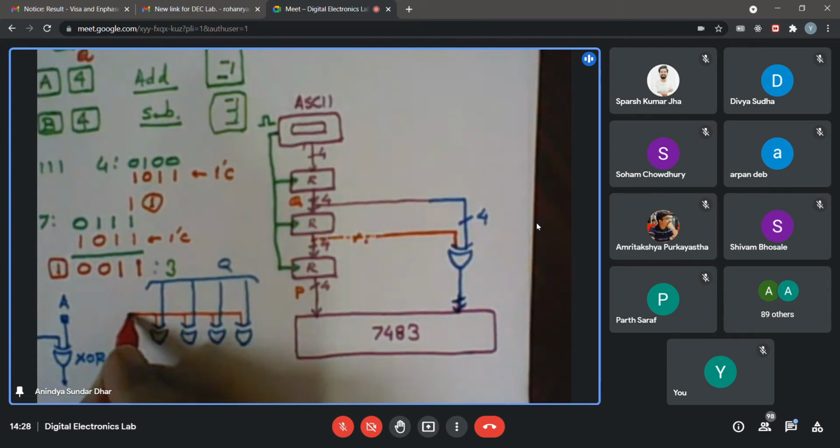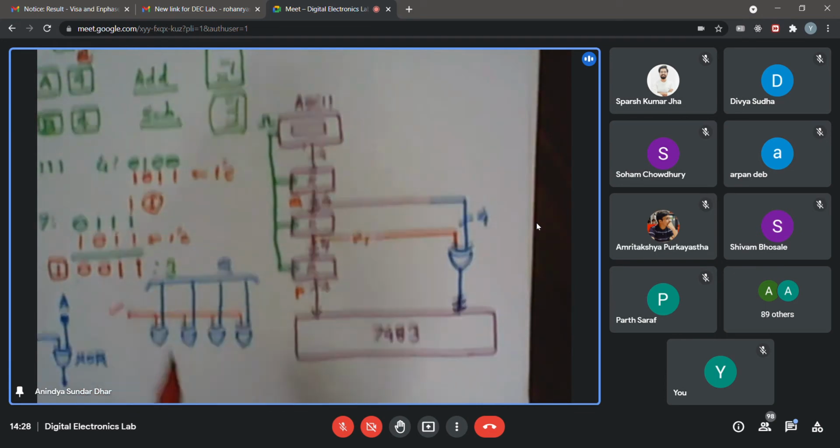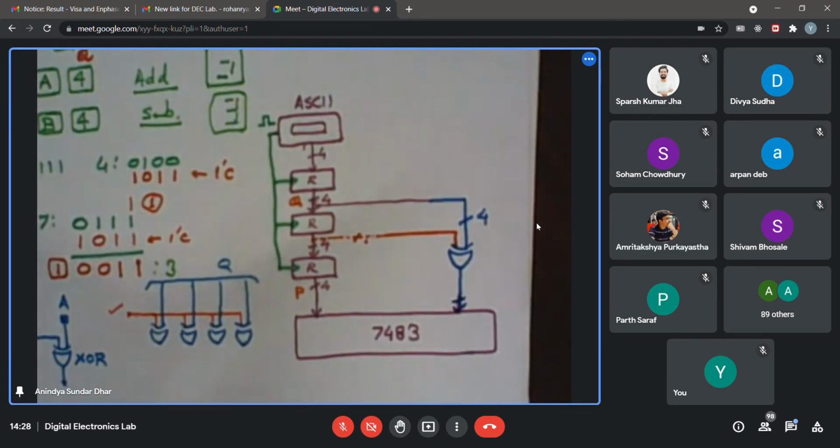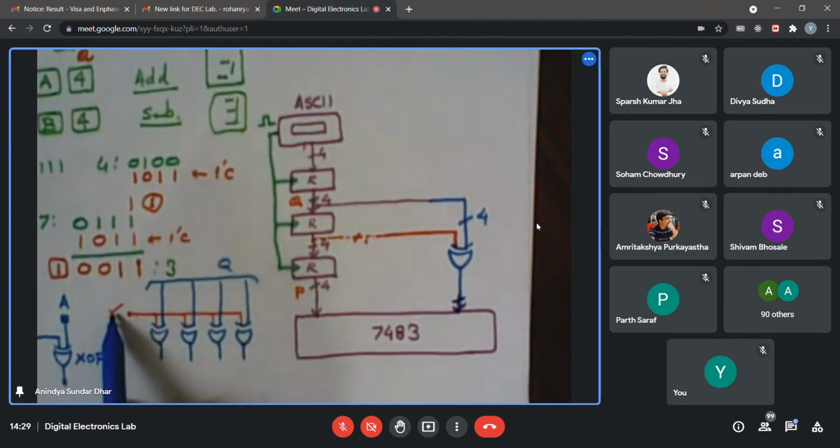So this line is now my control signal. If I make this control signal low, then what will happen? Q as it is, if I consider Q to be a 4-bit number, will appear at the output of the XOR gates as the same 4-bit number. But if I make this control line, which is common to all the XOR gates, high, then what will I get here?